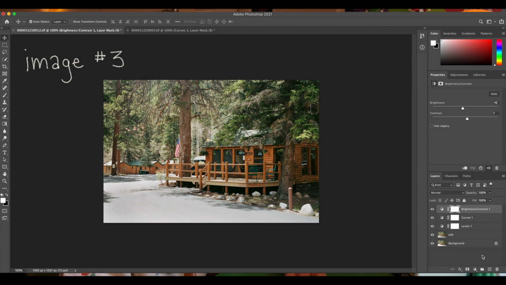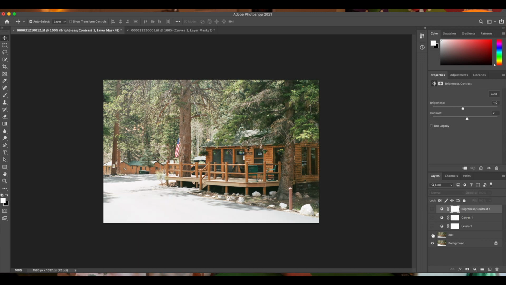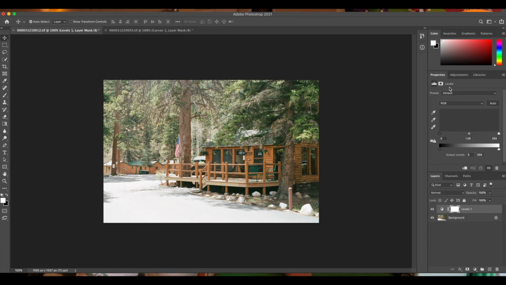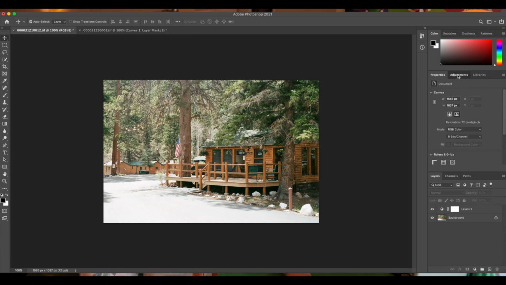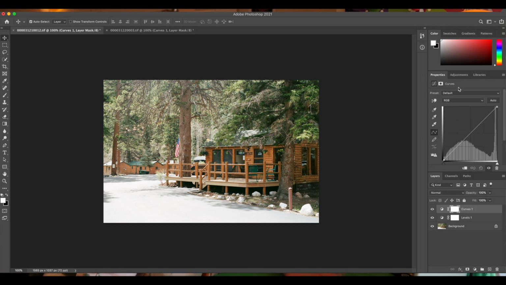We're going to do this one next because I feel like the changes were pretty similar, so I'm going to try and go through this one a little bit faster. So again, this is what it looked like prior to editing, and this is it now. Levels, and bring the shadows in. Again, some of this is definitely correcting exposure issues from when I shot the film, not anything to do with the scans,